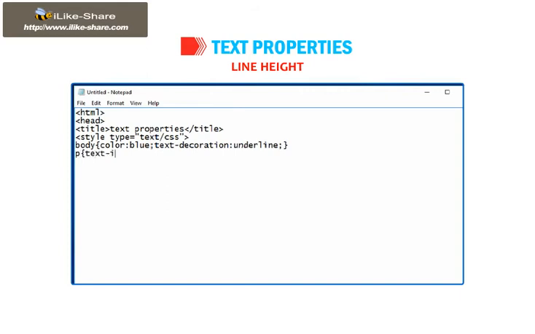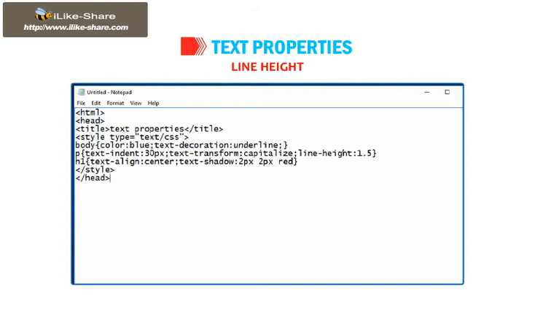P bracket open text-indent :30px semicolon text-transform capitalize semicolon line-height :1.5 bracket close. H1 bracket open text-align center semicolon text-shadow :2px red bracket close /style /head.